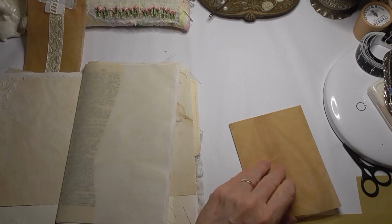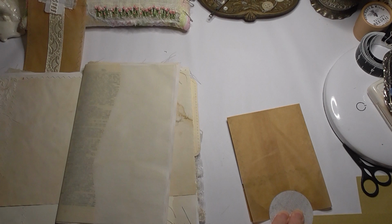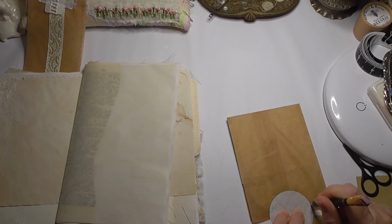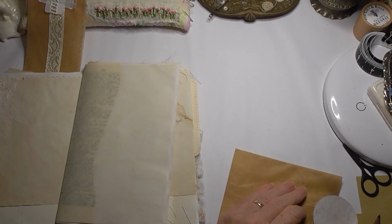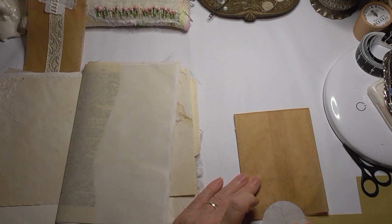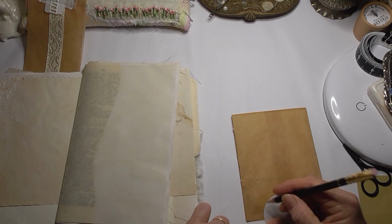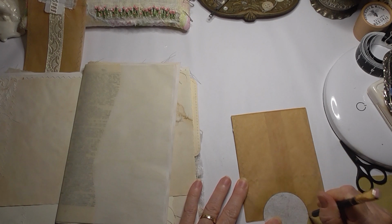Okay, so I could just put that there like that, and draw around it. How big should I make that? Like that, and of course on the other side as well. So about there and there. Okay,